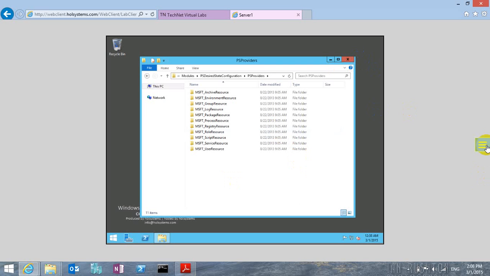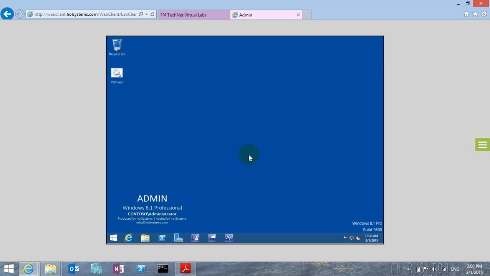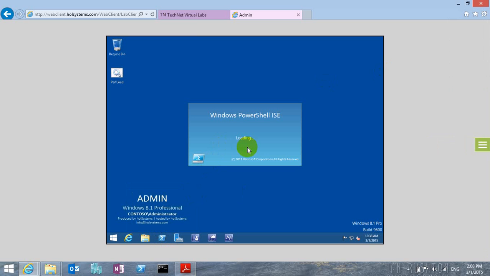Let's go directly to the admin, and that's 8.1. So what we'll do, we'll have a remote connected session. The new remote PowerShell tab is there, so we'll just go to the ISE. So let's work on it, like we'll open the PowerShell ISE,